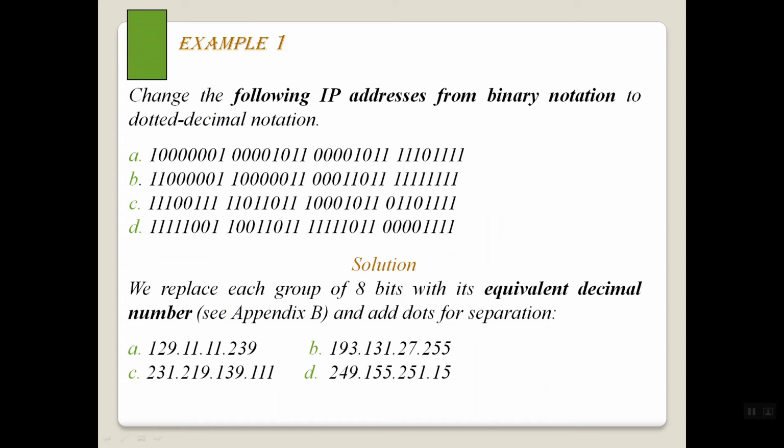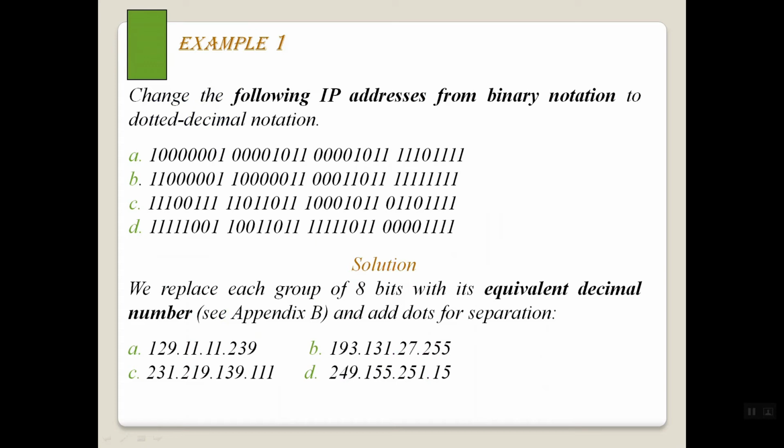First, we consider the last bit, going from right to left: the first will be 1, then 2, the next will be 4, the next will be 8, next will be 16, and so on. So it's a power of 2. In this way, we put in the values corresponding to each decimal value and add them. After addition, we find the corresponding decimal value. This is the way we convert every segment, and thus for A we will get